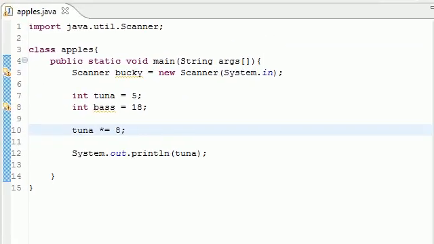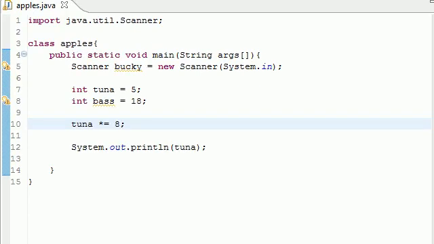So that's how you can use basic increment operators to increment by 1 very quickly using plus and minus for subtraction, and also assignment operators so you can assign a value to a variable very quickly without having to type tuna equals tuna times 8 or something like that. So those are just some nice little shortcuts that you can use. So get familiar with them, because if you do, it's going to save you a bunch of time